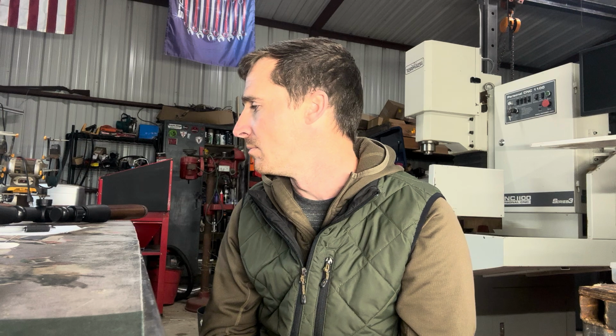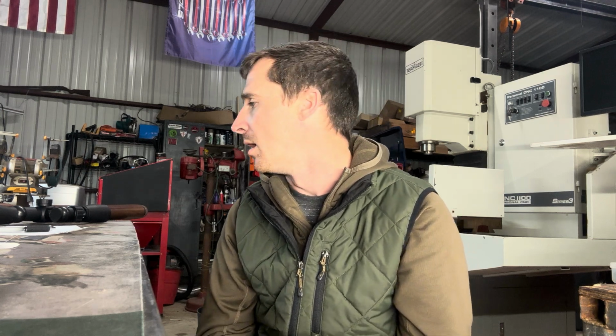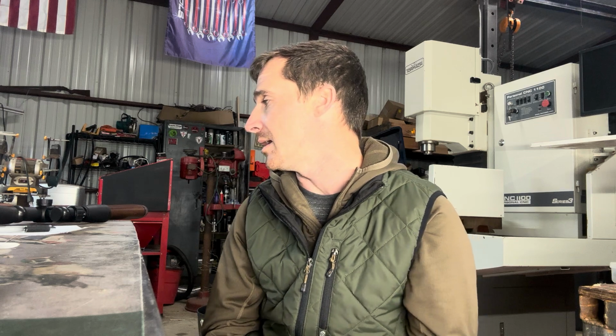Personally, $300 for a scope ring setup is spendy. There are cheaper options, in my opinion, that do just as good of a job. This is, like I said, aimed at a very specific market, and I may not necessarily be their customer personally. As far as the time involved, I would say it probably takes